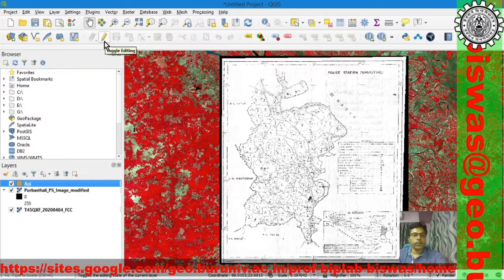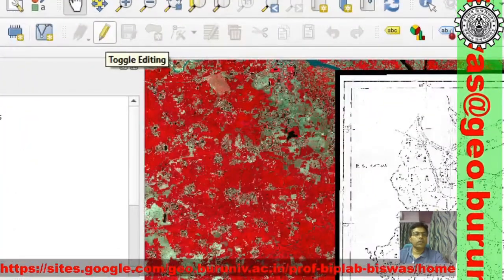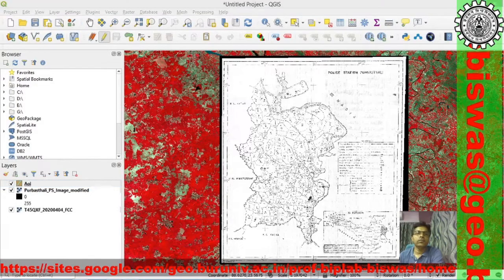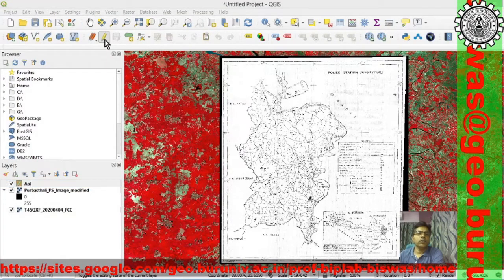This is the edit button, so edit. Now this layer is editable.